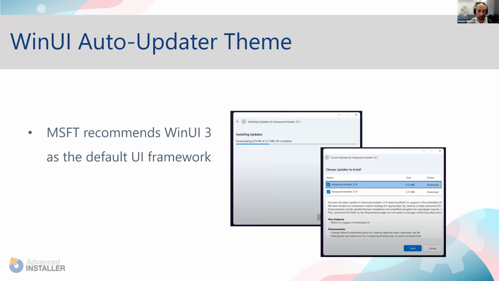Now we'll talk a little bit more about UI, in Advanced Installer and in the packages that you build. As you probably have noticed in the past years, we've started the migration from HTML layout to WinUI, and we've been very happy to hear Microsoft now recommending WinUI 3 as the default UI framework for building desktop applications going forward. And as they said, WPF is still a good, solid solution, but it would be recommended to go on with WinUI 3,